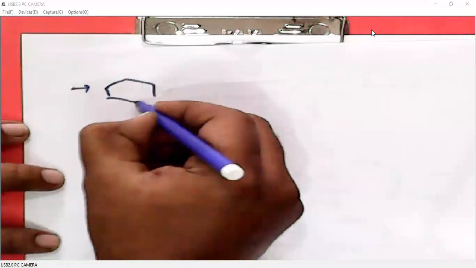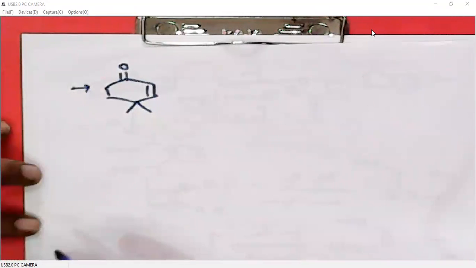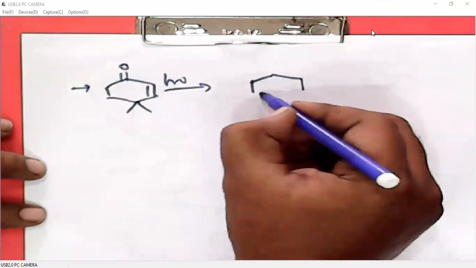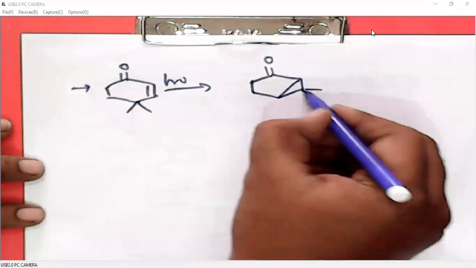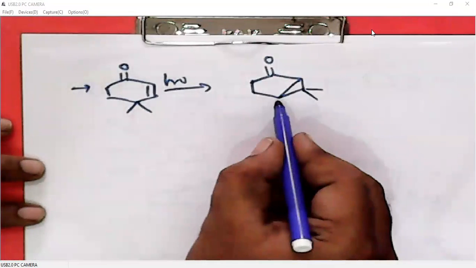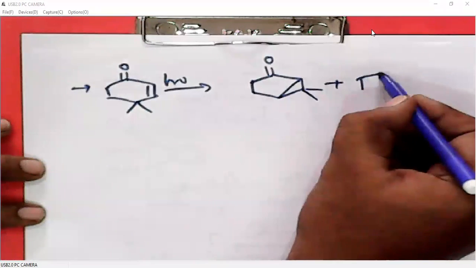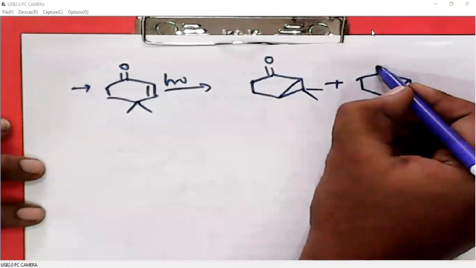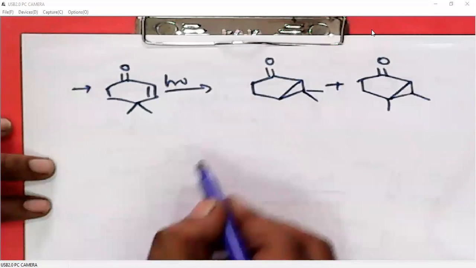In the next example, it is a similar example to the previous one. When we have two methyl groups, here methyl migration will occur. So the product is, of course, we get usual product. Okay, it is similar to the previous mechanism, but at the same time, we also get a product that results from the migration of methyl group. I'll explain this mechanism.